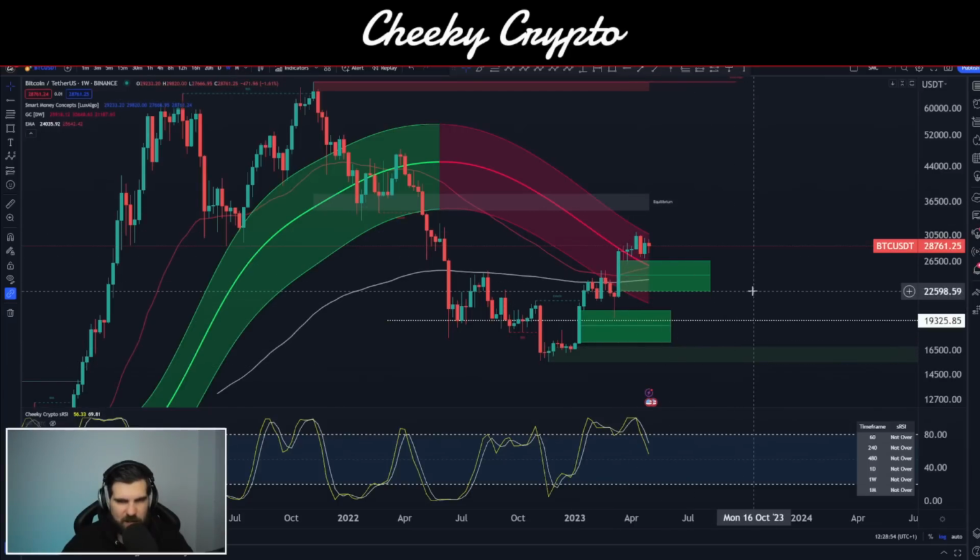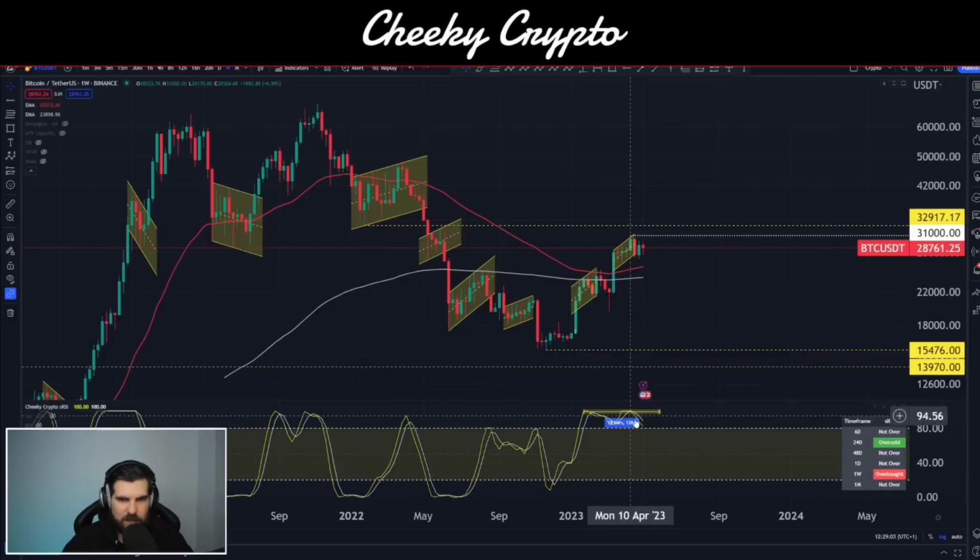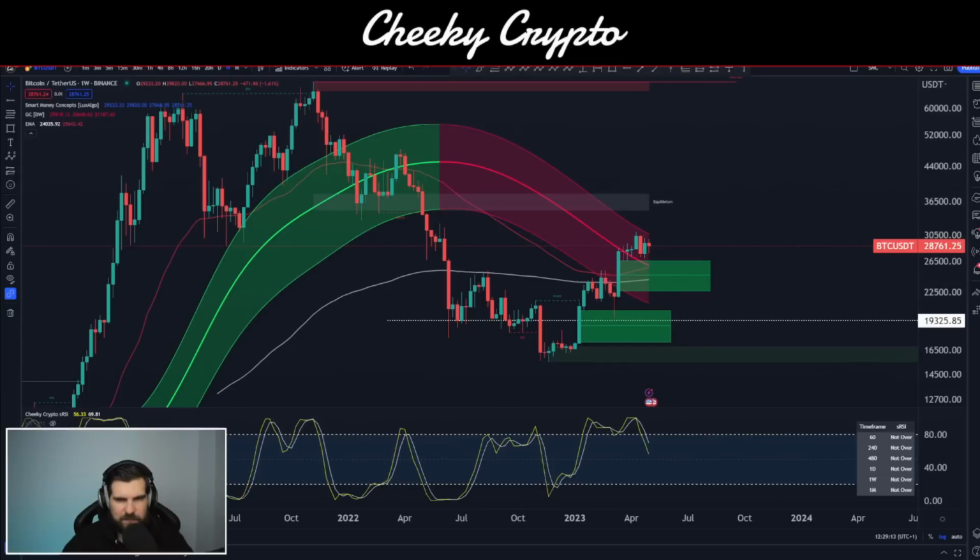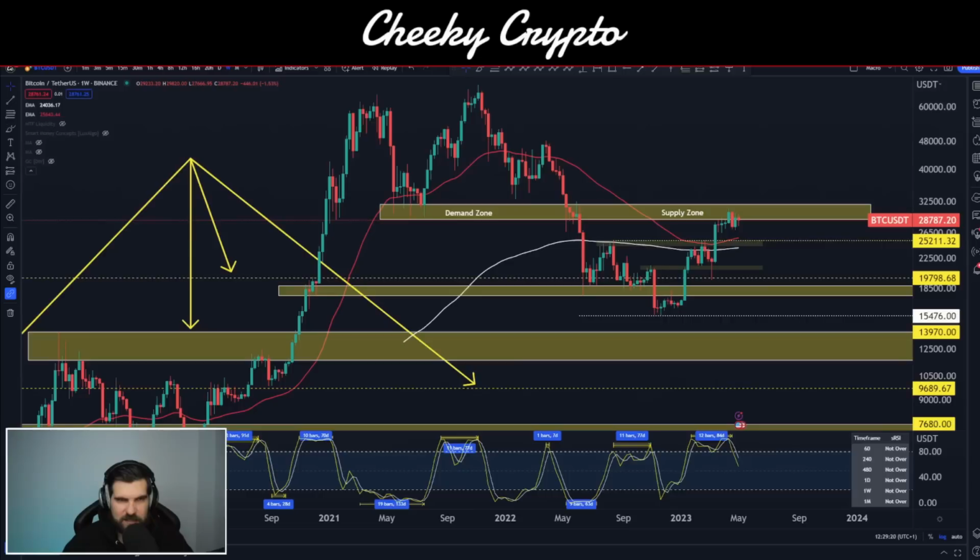I'm not expecting any large movements on this weekly time frame just yet, but we are moving down on the stochastic RSI on the regular close position, and we are still kind of looking to come down quite a bit on our weekly OHLC4 stochastic RSI. So all in all, it's looking interesting. We know the numbers that we're looking for. Ultimately, I'm leaning more on the bearish side than I am the bullish side right now on this weekly time frame. It'll be interesting to see how that plays out.